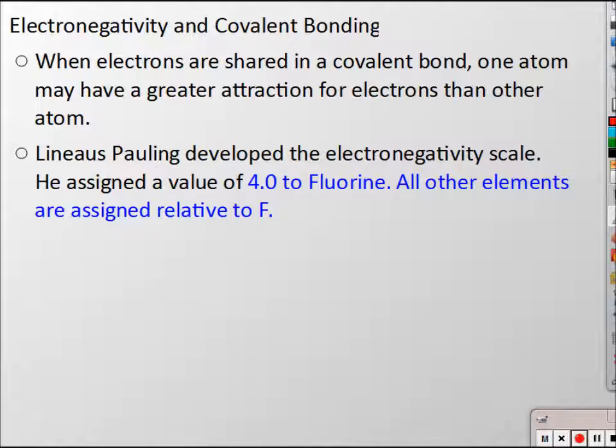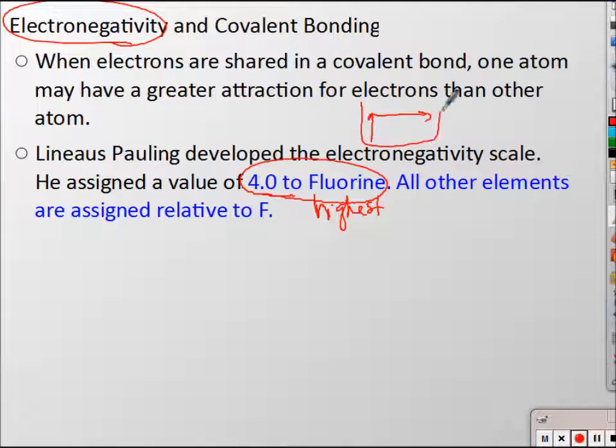last chapter, or back in chapter 4, we talked about something called electronegativity, which is the ability of an atom in a compound to attract an electron. So Linus Pauling just randomly assigned fluorine as a 4.0. Fluorine is the highest electronegativity anything can have. And if you looked at the periodic table, we would see it increasing as you go